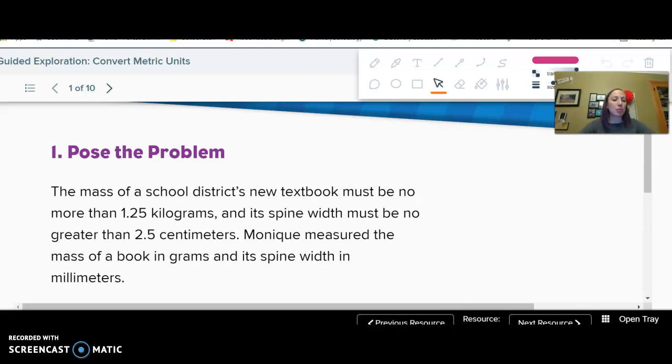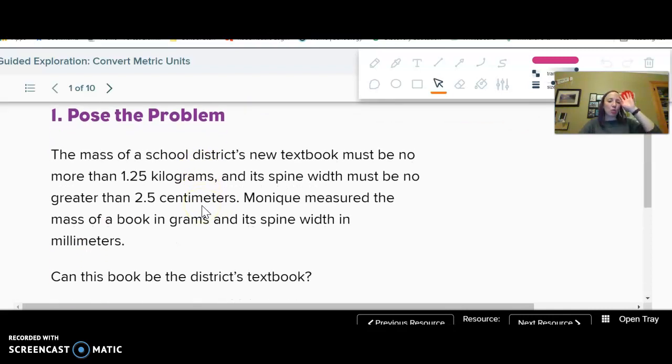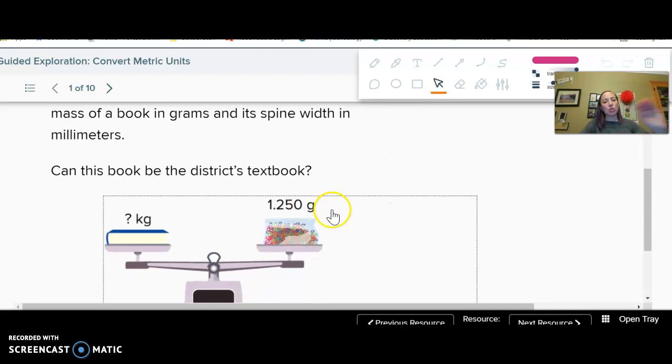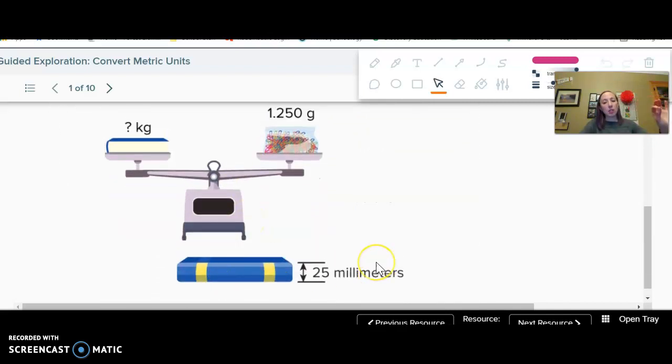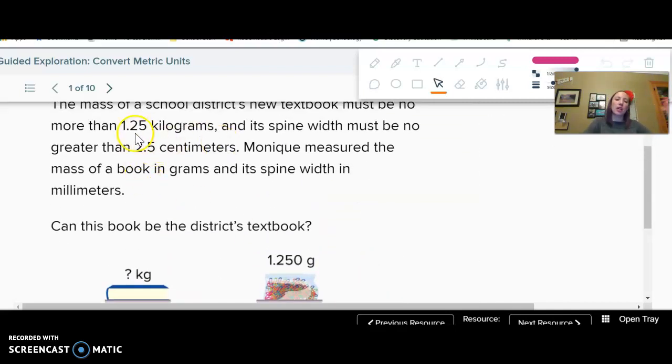All right, so the problem. The mass of a school district's new textbook must be no more than 1 2500 kilograms, and its spine width must be no greater than 2 5/10 centimeters. Monique measured the mass of a book in grams and its spine width in millimeters. I was going to say, don't forget, you can use a calculator, okay? I'm fine with that. So, before we get into all this, she measured it in grams and in millimeters, but we're going to figure out what that is in kilograms